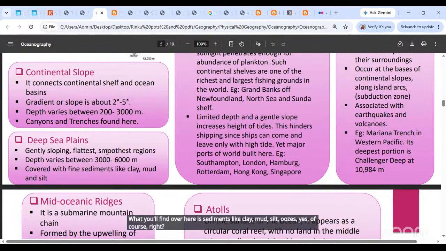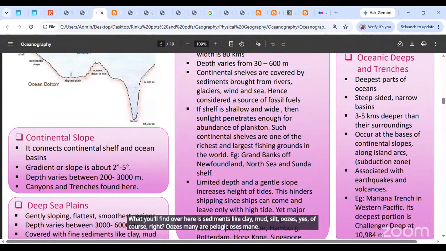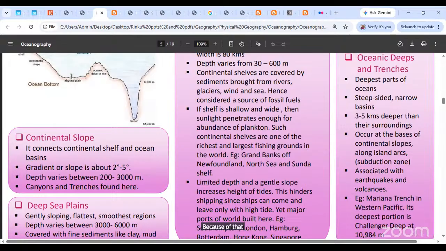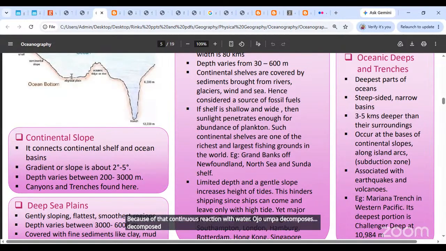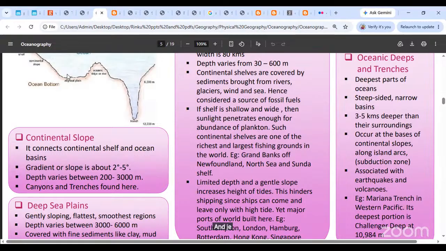Oozes माने pelagic oozes, माने यहाँ पर जो एनिमल्स रहते हैं, वो जब when they die finally, okay, तो वो डिकम्पोज होने लग जाते हैं। तो वो डिकम्पोज होने के बाद बिकॉज ऑफ दैट कंटिन्यूअस रिएक्शन विद वाटर, उनका जो डिकम्पोज मटेरियल बनता है वो थोड़ा सा स्टिकी लिक्विड जैसा होता है, तो उसको ooze बुलाते हैं। ओके, दैट इज व्हाट वी कॉल एज एन ooze। तो ये जो ओजेस, सिल्ट्स, सेडिमेंट्स वगैरह होते हैं ये यहाँ मिल जाते हैं। और ये यूजुअली ओजेस आपको और कहीं नहीं मिलते क्योंकि ये एनिमल्स सिर्फ इस लेवल पे मिल जाते हैं। तो ओजेस आर यूजुअली जनरली रेयरली फाउंड।